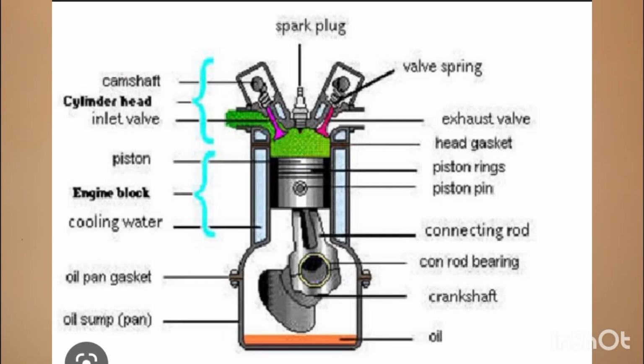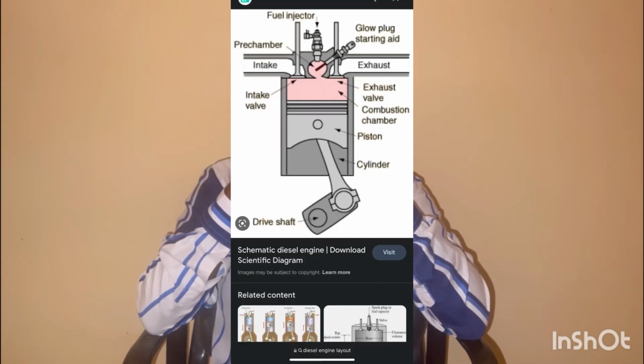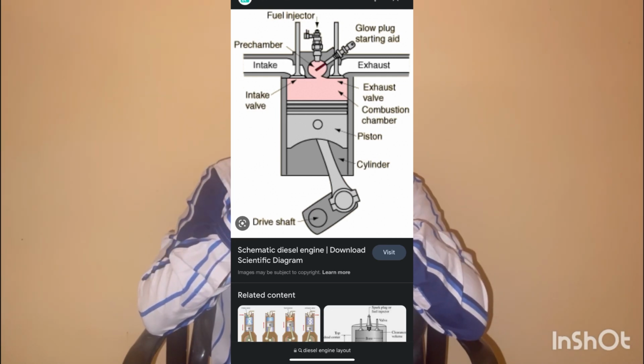These engines can be driven by petrol or gasoline or diesel. Now there are terms for these: either a spark ignition or a compression ignition. Compression ignition is the diesel, and then the spark ignition is the gasoline or petrol. Now I may not go deep into this, but this